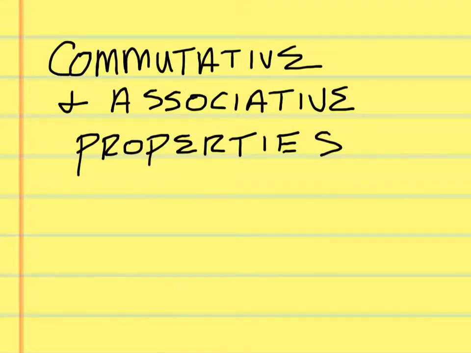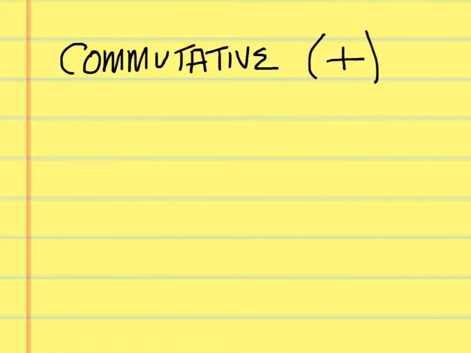Commutative and associative properties. You have 4 properties. Yesterday you had like 7 or 8. Today you have just 4. Commutative and associative properties. The commutative property of addition